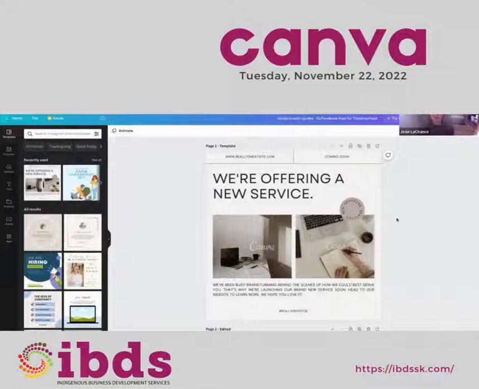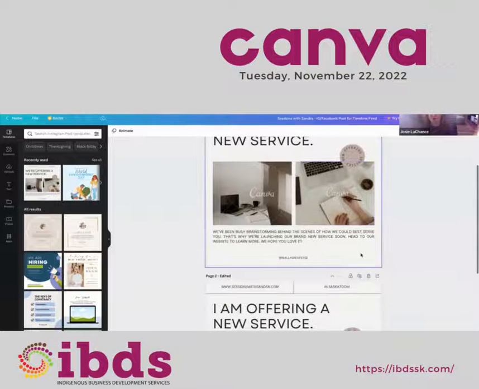There we go. So this is a template that I found, and this is for an Instagram post. I haven't changed anything. This is exactly how it looks right on the template page. And I think that this is exactly the look that I'm going for. And so I'm going to adjust this template to suit what I need for my business.